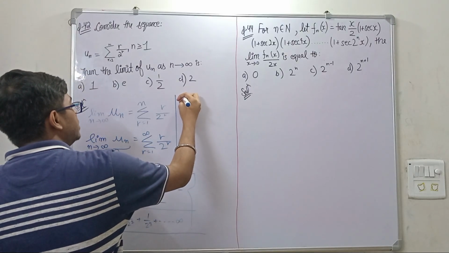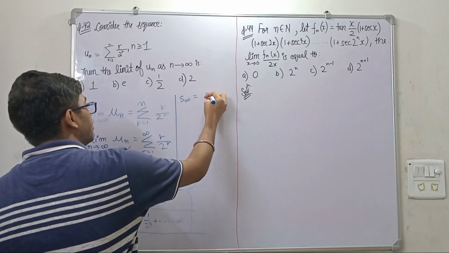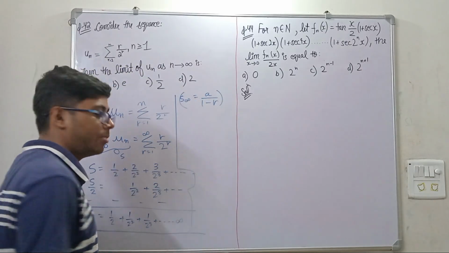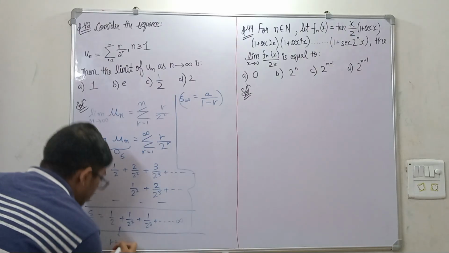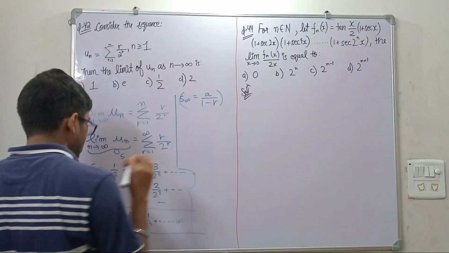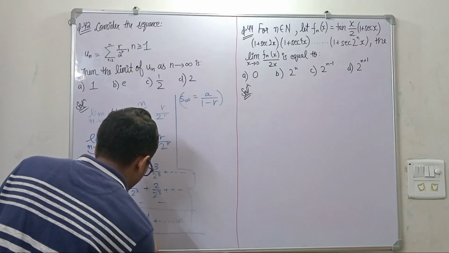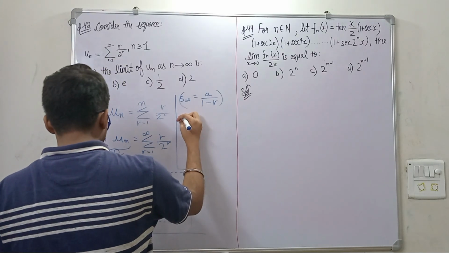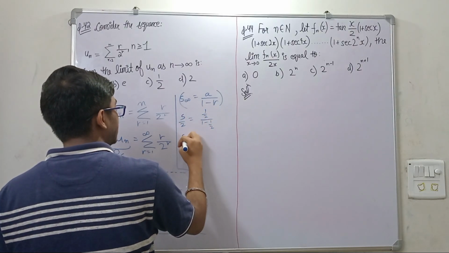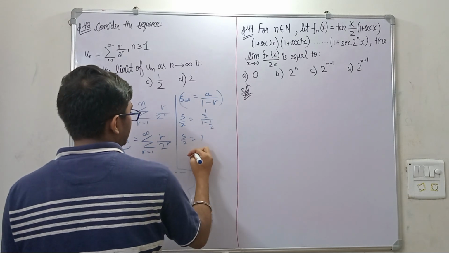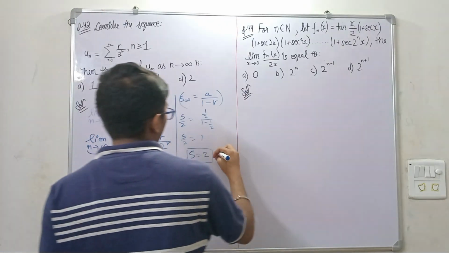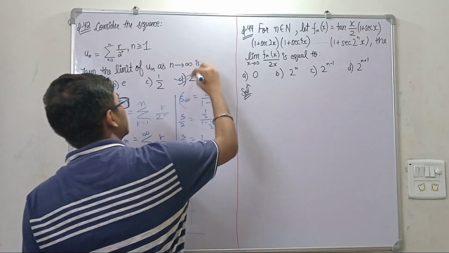The formula for the infinite GP, if you don't remember, always remember S equals a upon 1 minus r, where a is the first term and r is the common ratio. What is the common ratio here? You have to divide the second term by the first term, so it's coming out to be 1 by 2. And what is a here? a is 1 by 2. So simply substitute: S by 2 will come out to be 1 by 2 upon 1 minus 1 by 2. So S by 2 is 1, meaning your series S is coming out to be 2, which is option number D. Option D is the correct answer for this question.